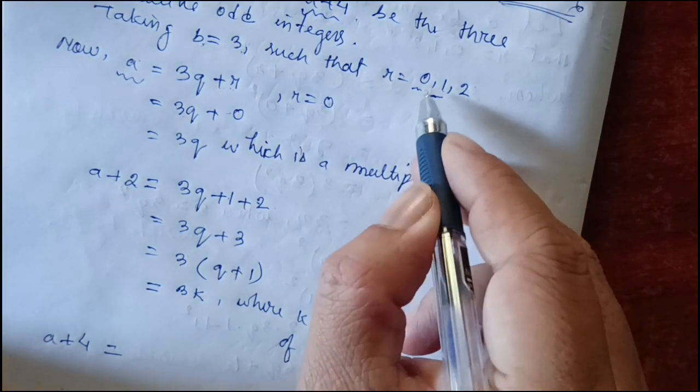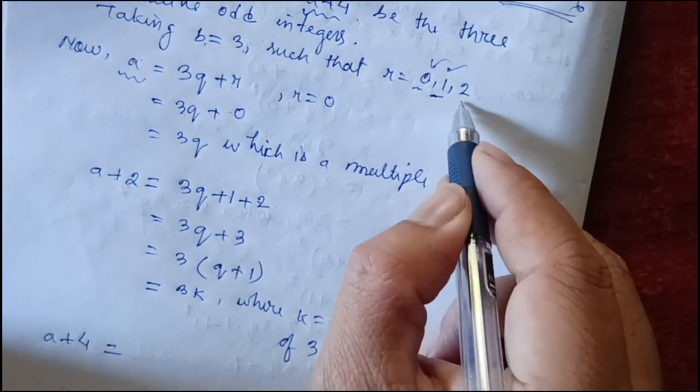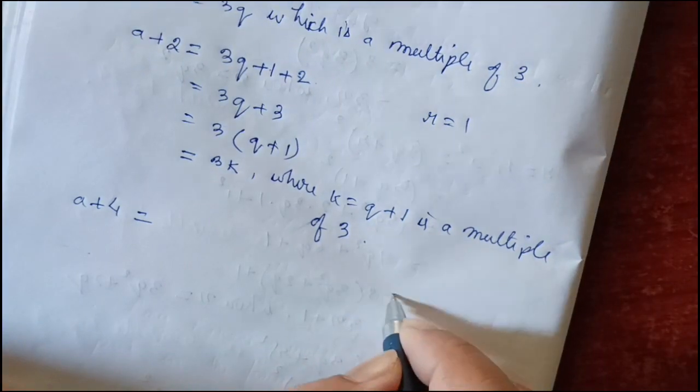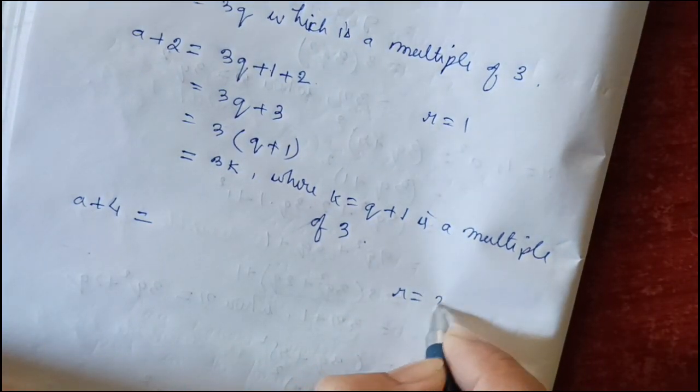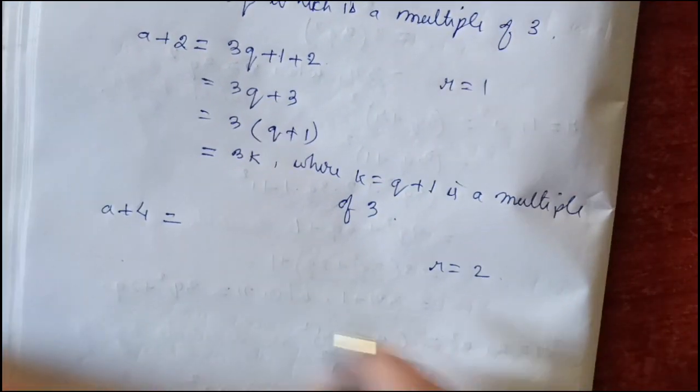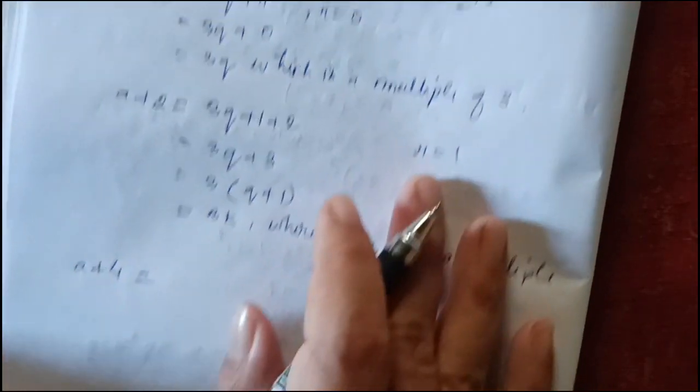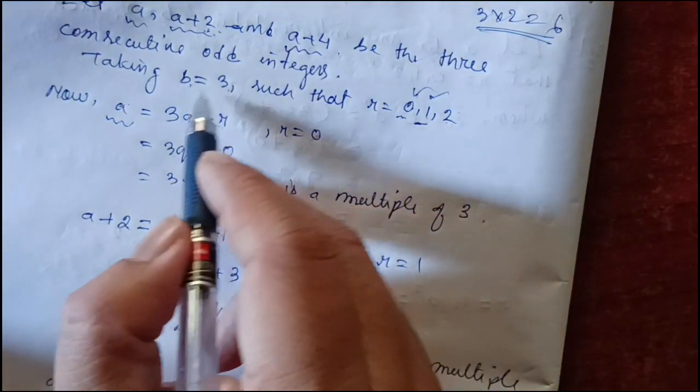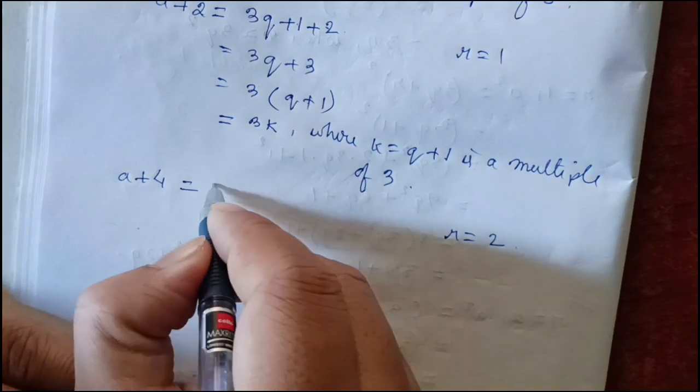Okay, what about the remainder? 0 finish, 1 finish, next is 2, right? So the remainder is 2. Okay, then don't forget the number. Our b number is 3. All right, then